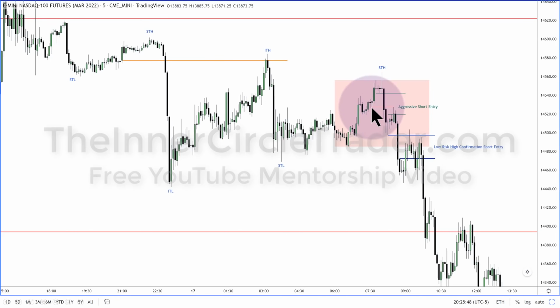Order block theory is much more than just simply the last up-close candle before the down move or the last down-close candle before the up move. That's not it. This is it. You have the up-close candles together here with the imbalance inside of a larger order block within a bearish market structure because we have an intermediate term high here. Then this run up is going to fail to go back above this high. The imbalance here, it goes over a little bit.